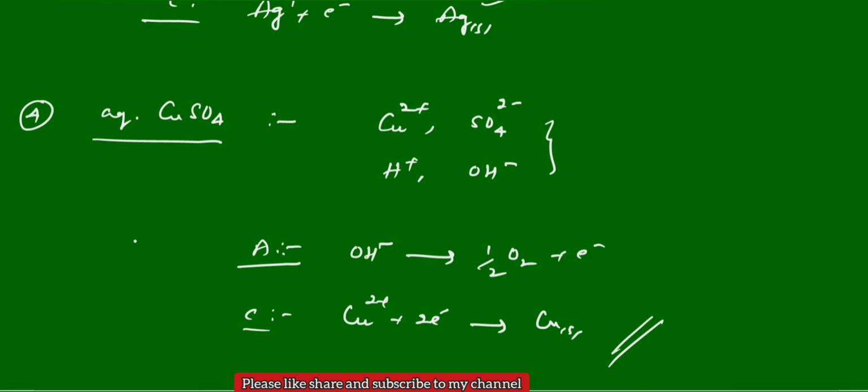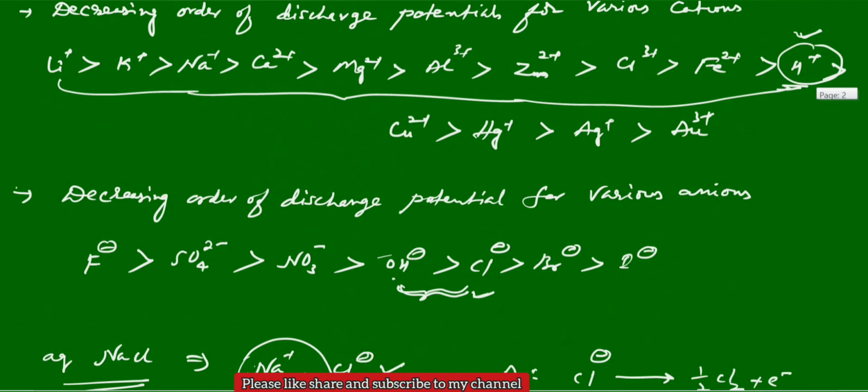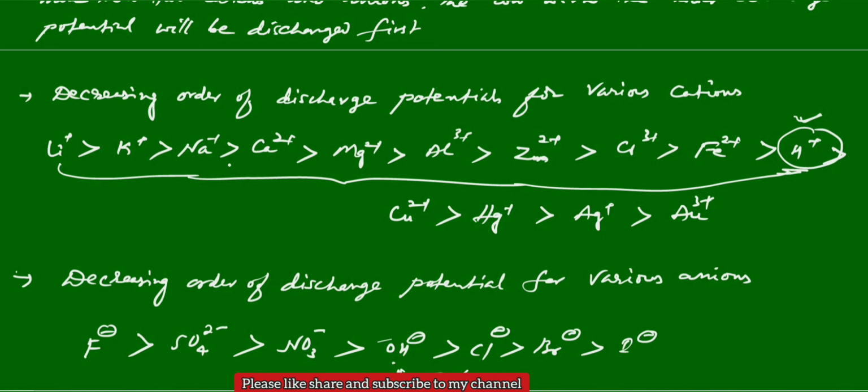So like this you can easily identify what type of substances can deposit at the anode and cathode if two or more than two cations and anions are present, by simply using the preferential discharge theory according to these orders. So this is case 2. And next we have case 3: the same aqueous solutions electrolysis but using active electrodes. Here we have discussed the inert electrode, and in the next case we will see by using active electrodes what type of substances can deposit at the anode and cathode. That part we will see in the next class.